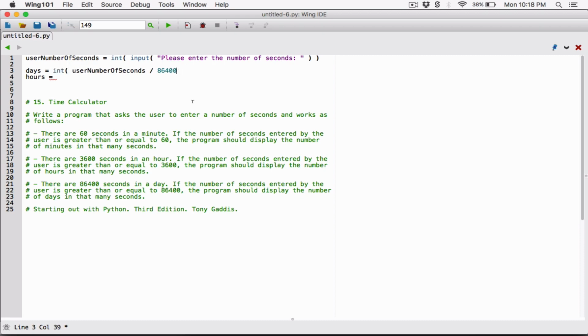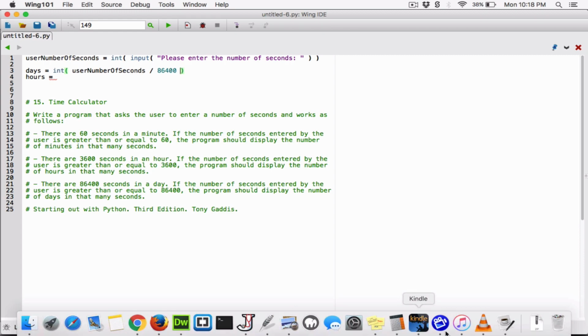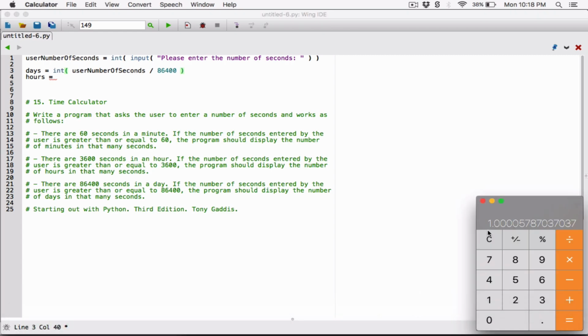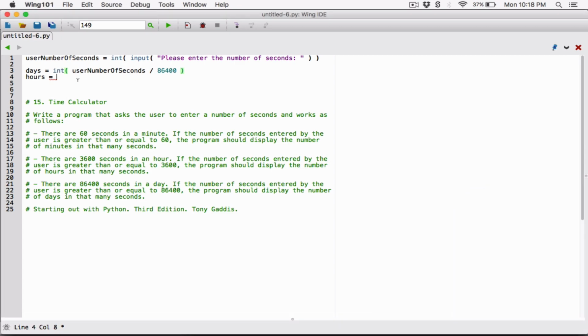So that's what I was talking about. We don't want to worry about the remainder. We are just interested in the exact days, based on this calculation. Now the remainder is the seconds left. So let's get the seconds left, and then based on the seconds left, we can calculate the hours. To get the remainder of this division, we're going to call user number of seconds